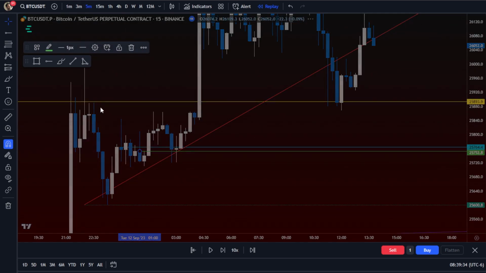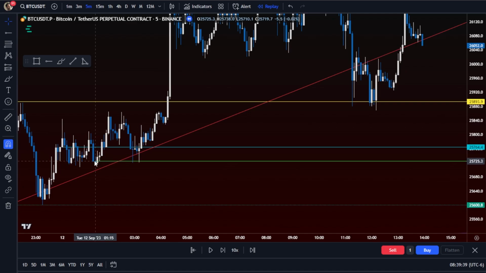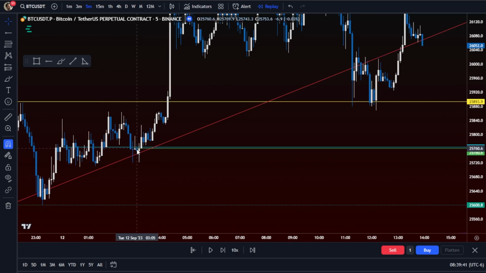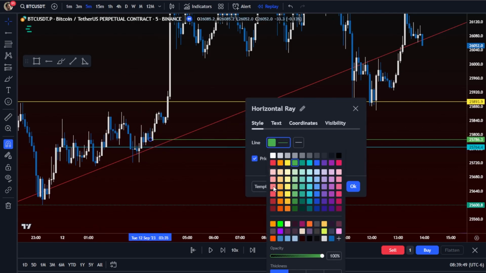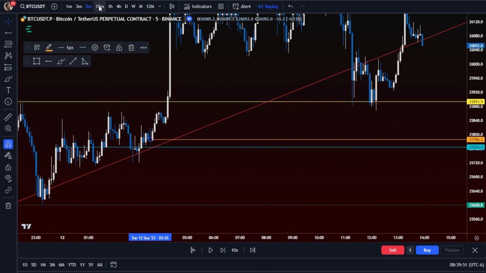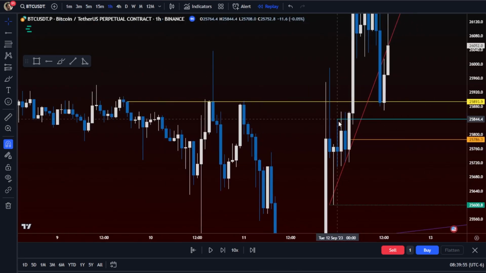So let's go to the 5. Is there a 5-minute level here that we can find? There is down here. It's been tested. We don't want that. So maybe you have this one here. That's tested. So then maybe you end up with this here, but that's above the hourly. So now we can mark this here, because the whole purpose of this is just to try to increase the quality of this trade. So you've got this all the way up here that can be tested. So technically this is kind of the perfect level.